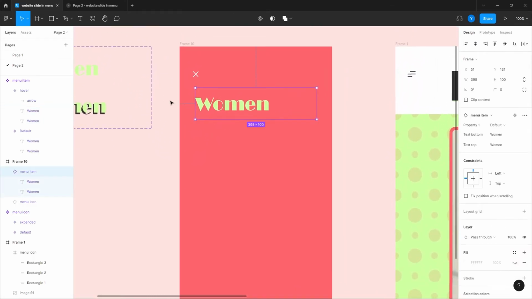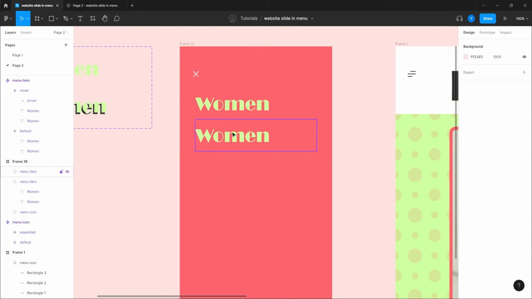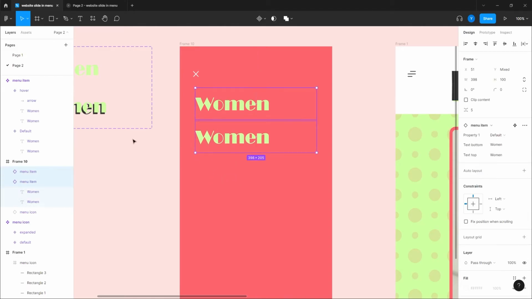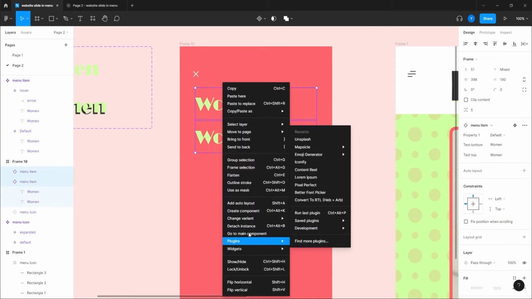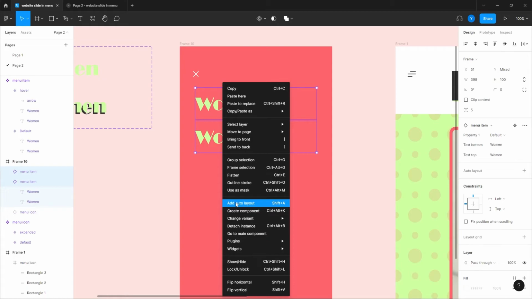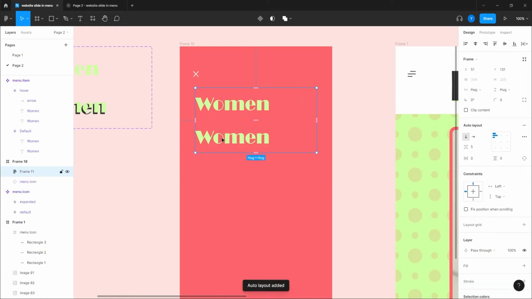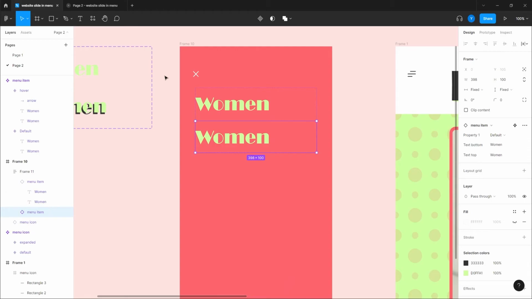And we can easily create the rest by duplicating this one. I'll put it here, something like that. I can even give it a bit more of a distance. I'm going to hook them up in an auto layout. Add auto layout, or just Shift A. You can put them in an auto layout, and then I can easily